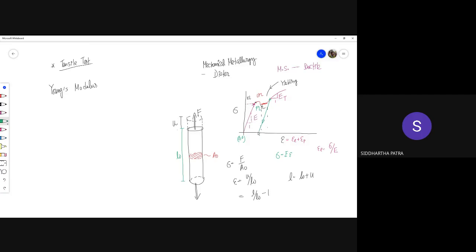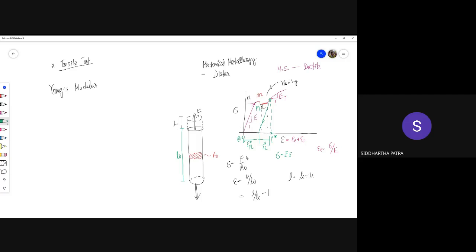I mean, it's not exactly, but it is more or less parallel to the Hookean part. So by that I mean, let's say I had originally reached this much strain value. Let's call it epsilon star, of which I could recover this part, which I would call the elastic part of the strain, epsilon e star. And the part that I cannot recover even after complete removal of the stress, which means I bring this force value to zero, is the plastic part.